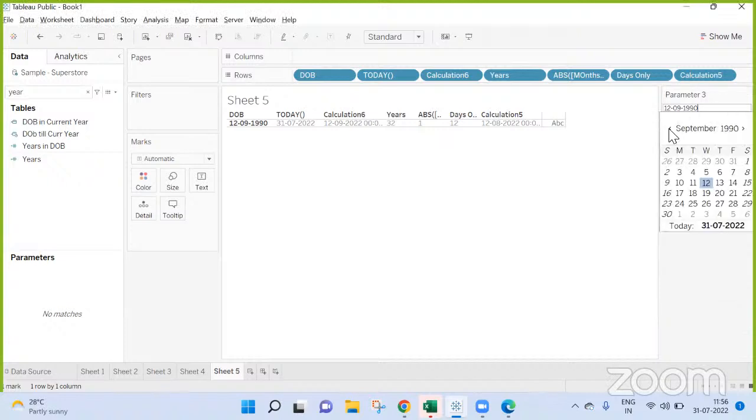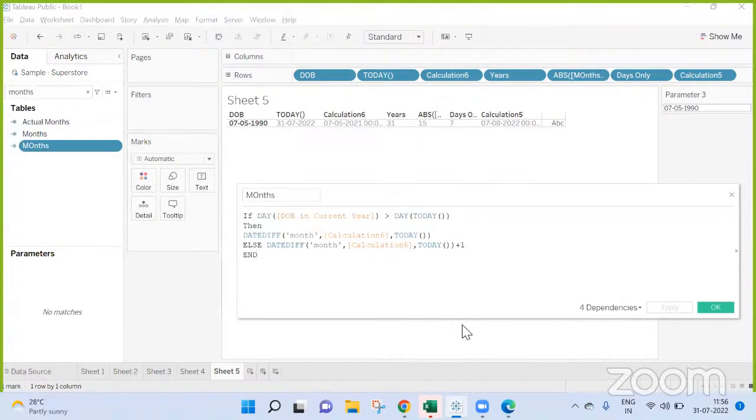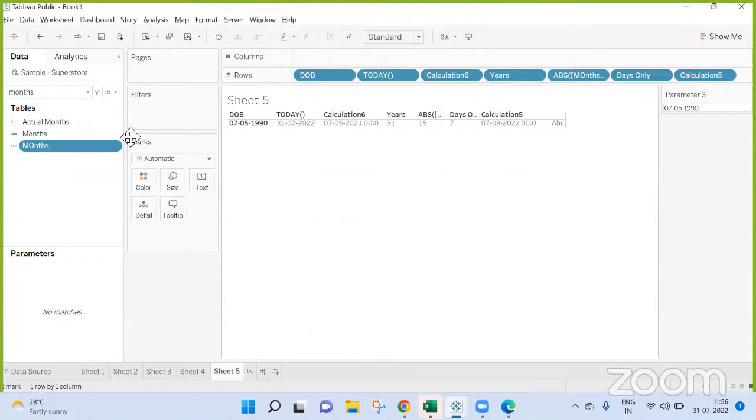It is paused and started edition. Again, it is showing 15 months. Let me go to the months. I need to work on calculations. What is my calculations?